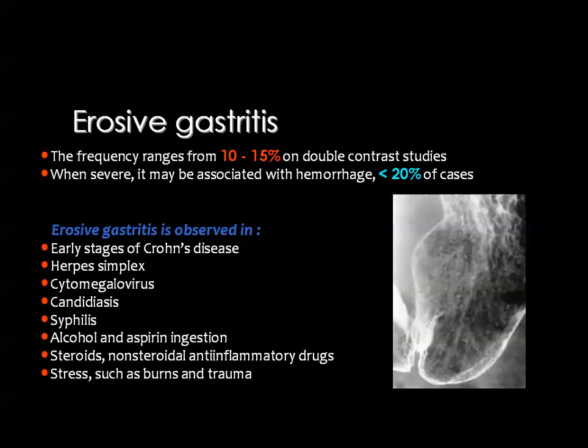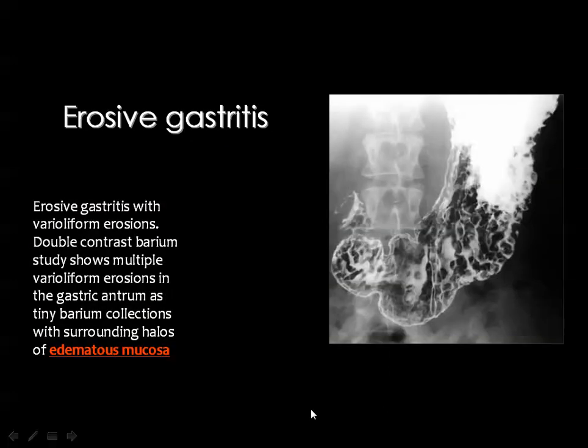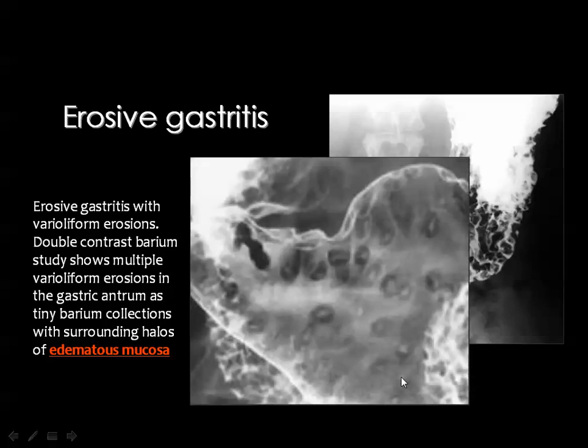Then if you look carefully, you can see some flecks of barium within the mucosa, and these flecks of barium are surrounded by a radiolucent halo, what we call the halo sign. This is the classic appearance of gastric erosions or erosive gastritis. As you can see here, this is the site of the ulcer, and the radiolucent rim represents the surrounding halo